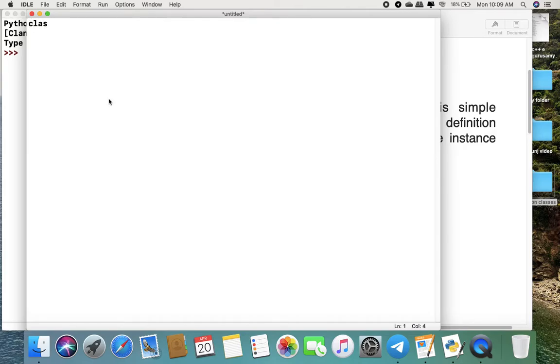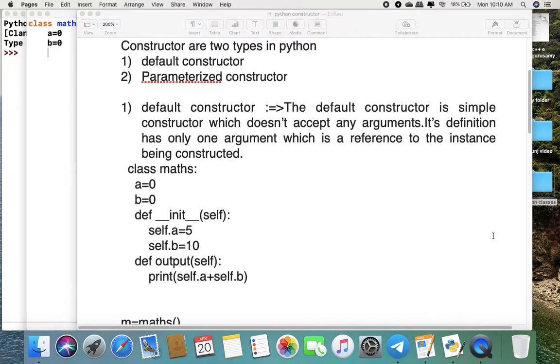So we create another Python program. I write class Maths. I have two variables of the class, a equal to 0 and b equal to 0. Now we want to create a constructor, so we use the init method, which has two underscores as a prefix and two underscores as a postfix.